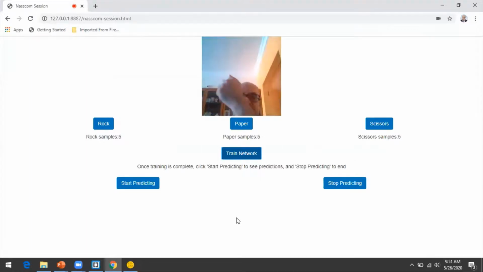Okay. So what is this? This is a rock. We know that. Let's see what it says. I see rock. Pretty good. Now let's try the second one. What is this? We know it's a paper. Let's see what it says. I see paper. Pretty cool, huh? Now, what is this? We know this is a scissors. Let's see what our model says. I see scissors. Pretty cool, huh?